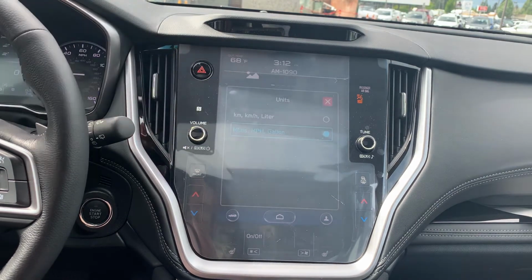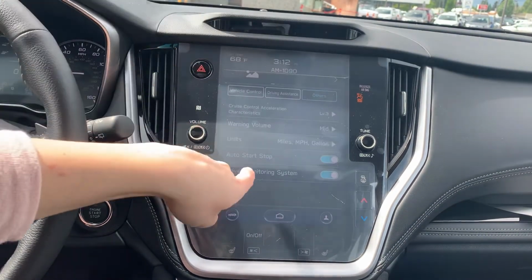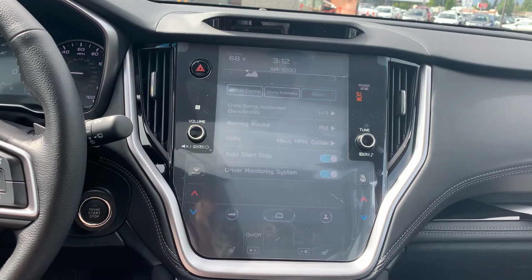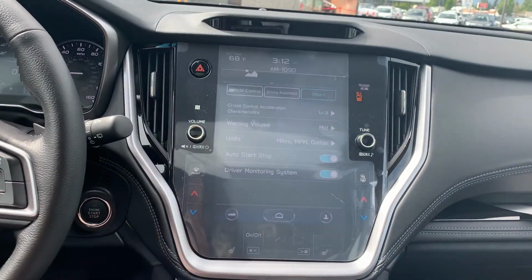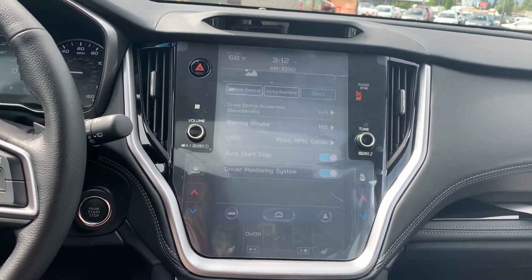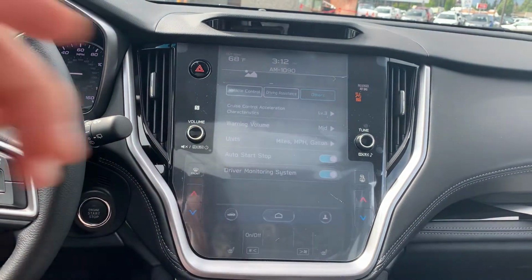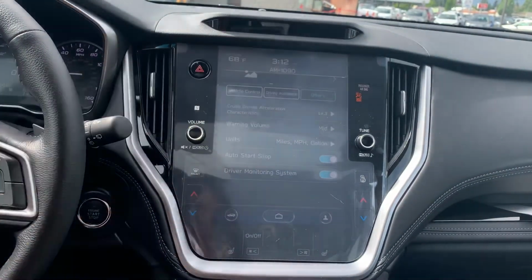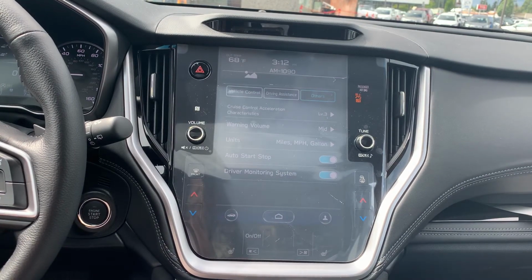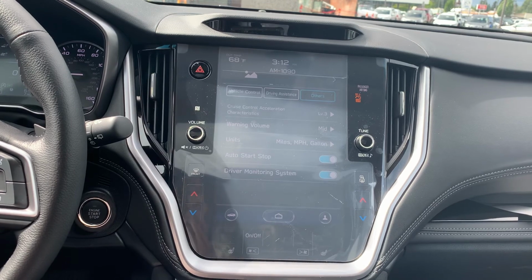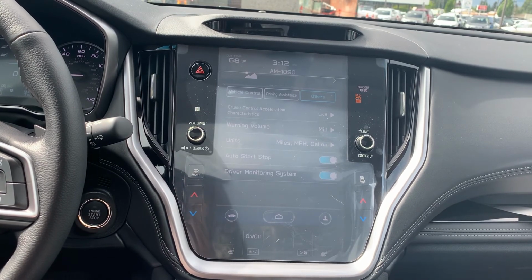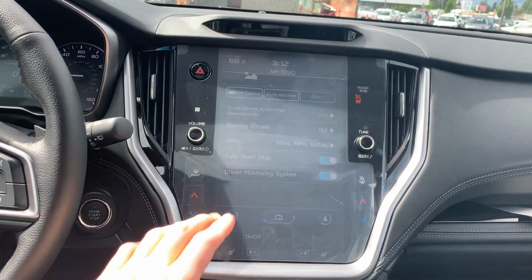Units, if you prefer kilometers. Auto start stop, which does default on, so if you want to turn that off, you'd have to turn that off every time you turn on the car. Driver monitoring system, so that's our camera right here that's watching us. So if you kind of veer your eyes off of the road or get distracted, it'll let you know. So if you wanted that feature off, that's gonna